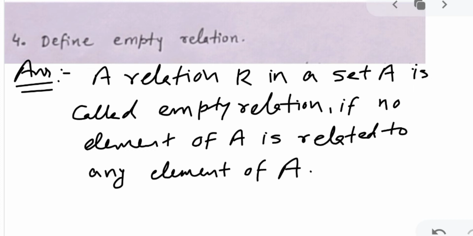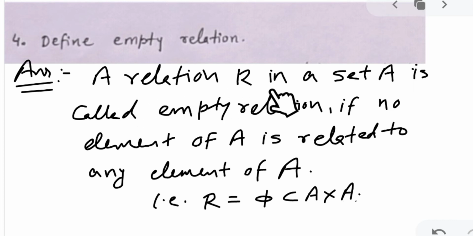So if I am telling a relation as a set, that set will be empty. So you will write that R is equal to empty set. There is no element in the set which is representing the relation. So this much you can write, or you can even write just R equal to empty set. If you are writing till here also, that is correct. So this is the empty relation.